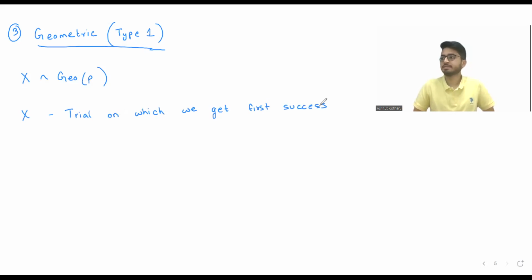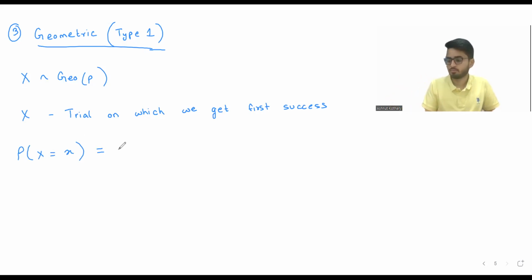So how we can visualize it is X is basically the trial on which we get our first success. Now, can you tell me logically what should be the probability X is equal to small x? That is, we are getting our first success on which trial? On the xth trial. So what should have happened in the first x minus 1 trials? Failures. All the first x minus 1 trials should have failures and the xth trial should have a success. So the probability will be